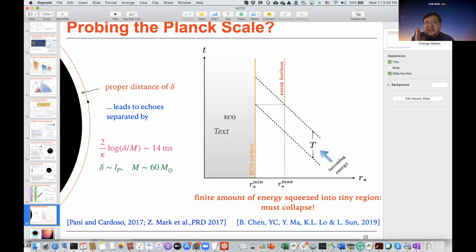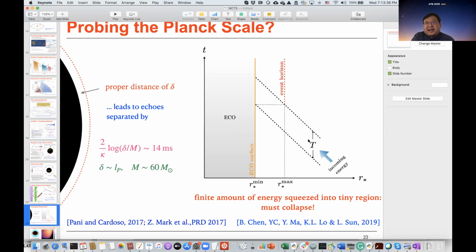But of course, immediately you find out that if you believe in the classical physics of general relativity and classical black hole physics, such reflection of energy from a Planck distance away from the black hole is just not going to be possible. So one way to think about it is to say, okay, I have these gravitational waves which are propagating into the extreme compact objects. Suppose this is a so-called tortoise coordinate system.